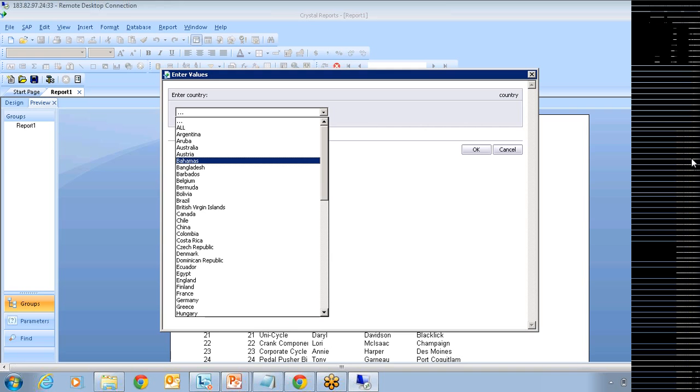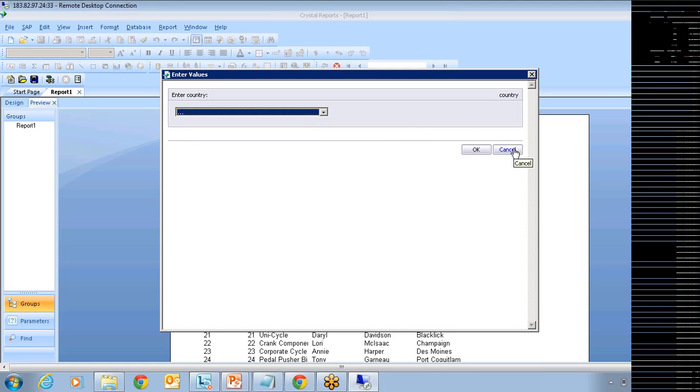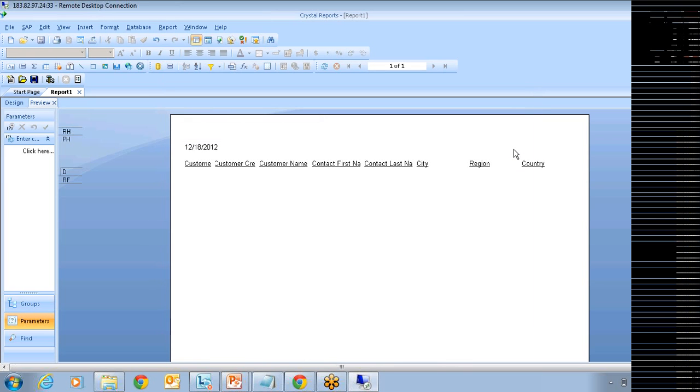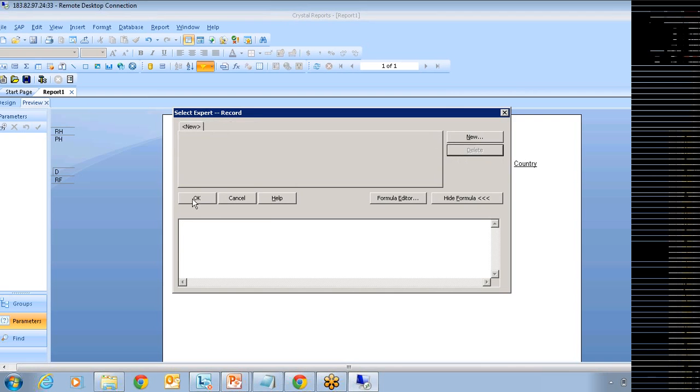But I would suggest don't go for all. This type of logic we used to use it in XIR2. In XIR2 we used to use this logic appending all. But in 2008 or 2011 version of Crystal Reports, you have an option of making prompts optional, right? Then what is the use of appending all? I'll clear everything, whatever that I created here. Let me delete this.